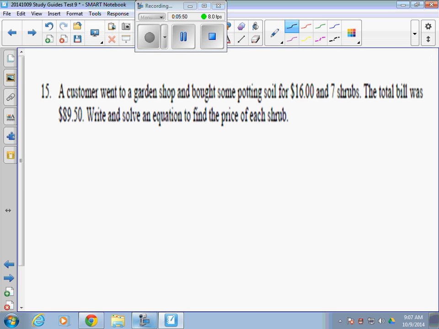Number 15 says a customer went to a garden shop and bought potting soil for $16 and 7 shrubs. The total bill was $89.50. Write and solve an equation to find the price of each shrub. Price of each shrub, we're trying to find something that's got to be a variable, X or S or whatever you want to use. We know there are 7 of the shrubs, so it's going to be 7 times whatever that value is, X. We know that together with the potting soil that cost $16, that means that you're adding those up. So potting soil plus 7 times this amount for each shrub is going to be equal to our total